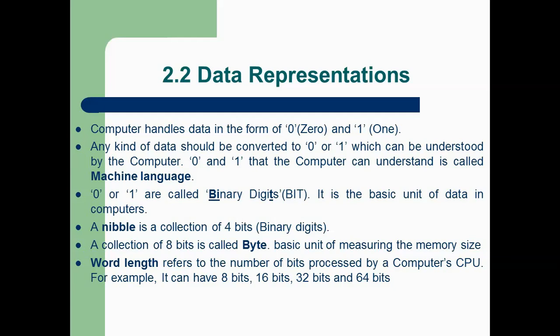So next, data representation. Computer can understand only binary values, that is 0 and 1. 0 represents the off state, that is electricity off state. 1 represents the on state of any logic gate in the computer system. So any kind of data can be handled by the computer system, but the very first thing, all the data should be converted in the form of zeros and ones. This zeros and ones form of language is called binary language. It is also called machine language.